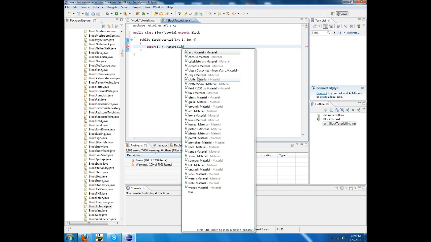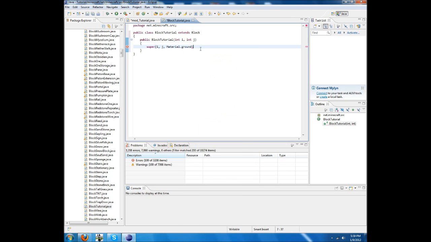I'm just going to do Material.ground, which is basically dirt,